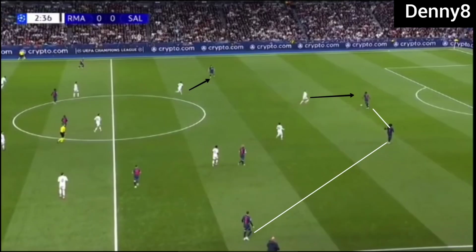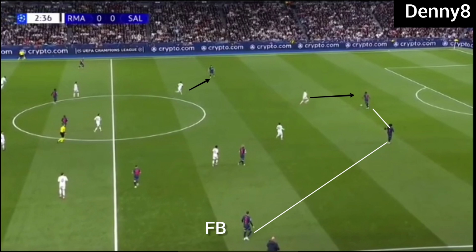Now let's talk about how Real Madrid were pressing when they were out of possession. Let me tell you one thing: in every game, the positions of players without the ball and with the ball are different. This was the same case with Rodrigo. When Real Madrid were attacking, Rodrigo was operating as a winger, and when Real Madrid were defending, Rodrigo was operating as a midfielder. Salzburg were building the game in a back four in open play.